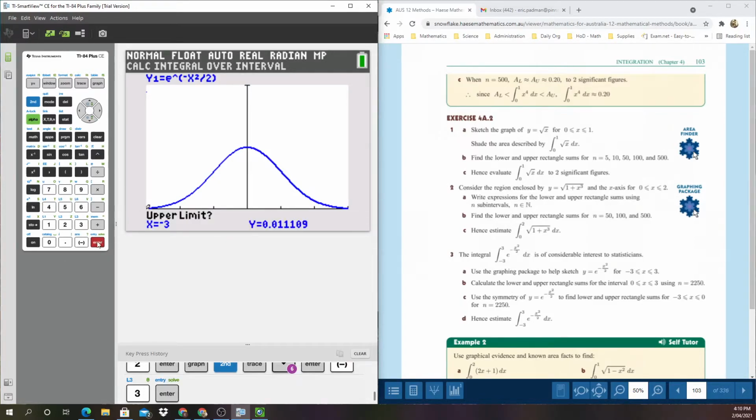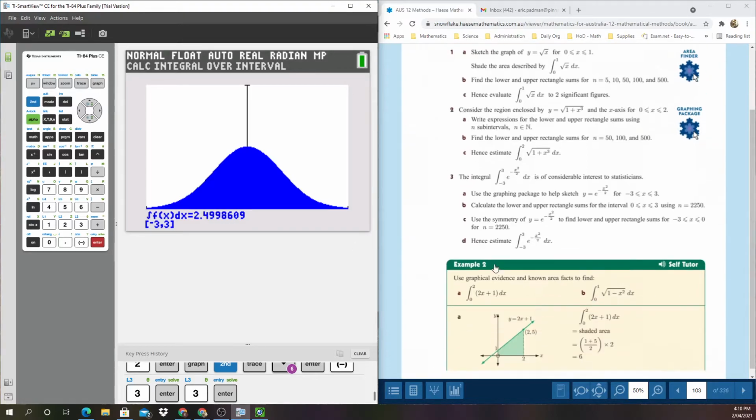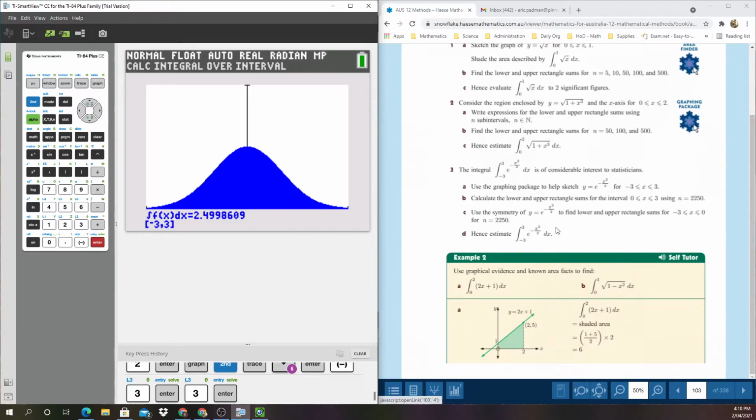Okay. Upper limit, let's go to 3. And there you go. It goes and works it out. So there's approximately 2.5 thereabouts. I think that's all right. And actually notice there, because it's symmetric, they get you to work out one side and then the other side. This is mirrored, it's an even function,